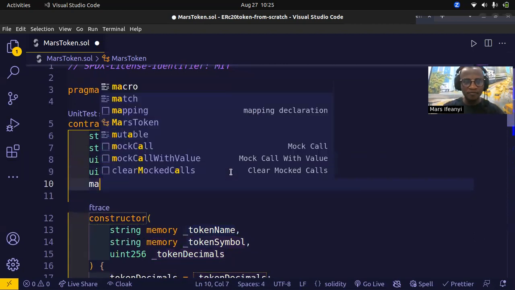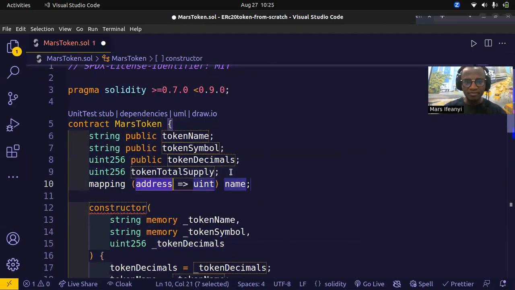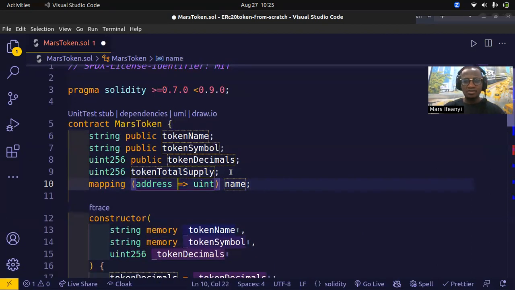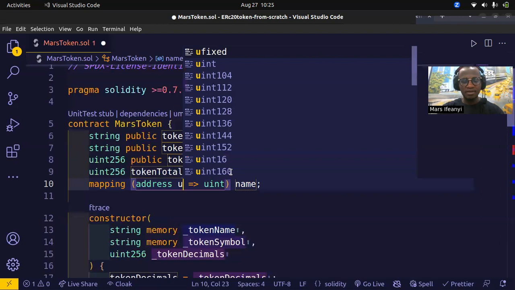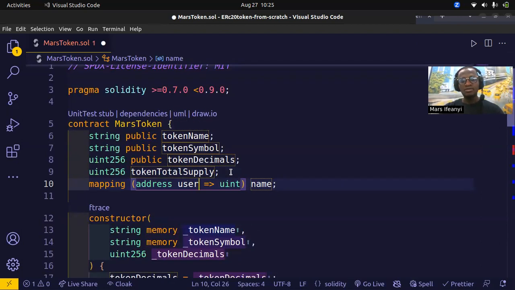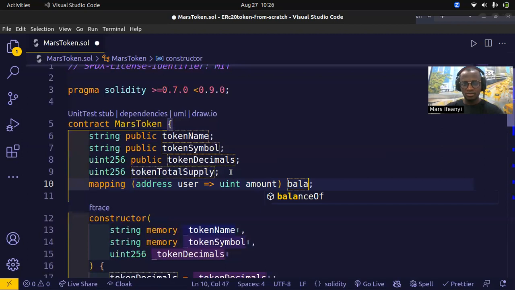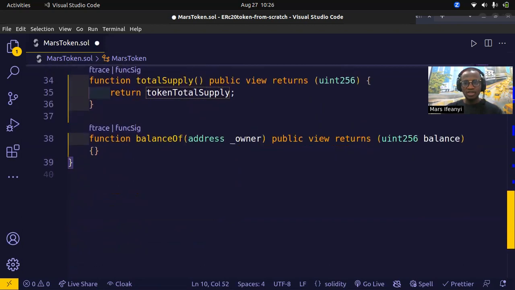data structure. This is going to map from address. You can name your mapping, and I like to name my mapping, for example, address to amount. So given the address, you can know the amount or how much that account has. I will name it balances. So now, it says it's going to return the balance of